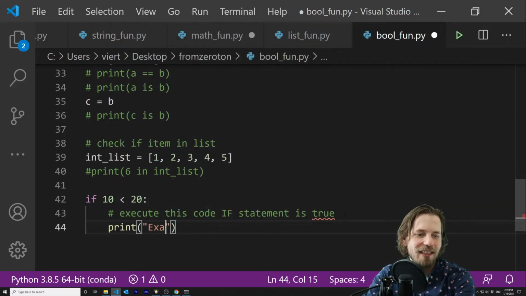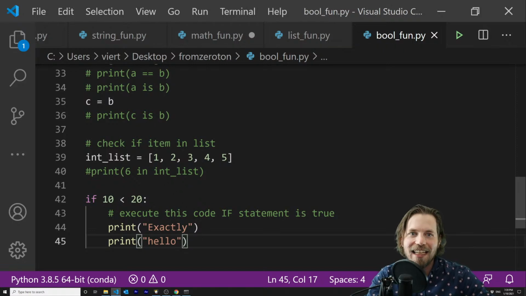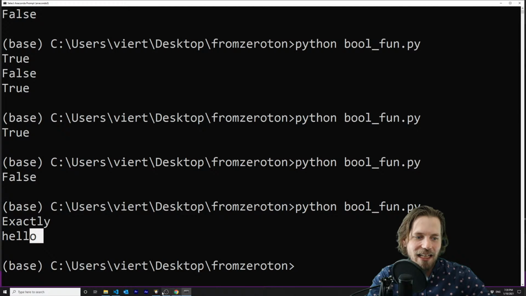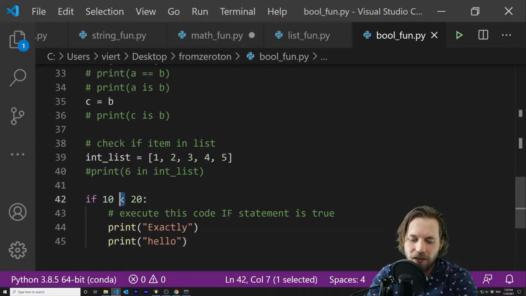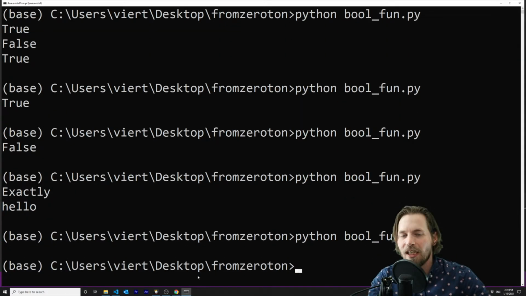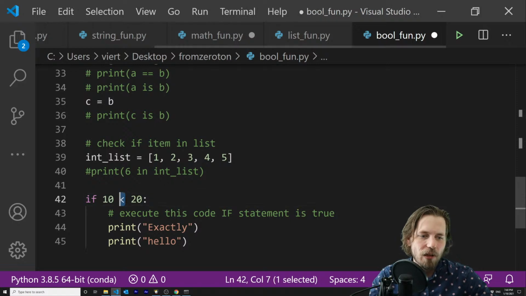And I'm going to print exactly. Okay? And I can keep going, print hello. And so this should print exactly and hello when I run this. So you can see it printed exactly and hello, and it did that because 10 is less than 20. But if I switch this and I say if 10 is greater than 20, print exactly and hello, if I run this, it does not print those anymore. Okay? So one thing to know is that